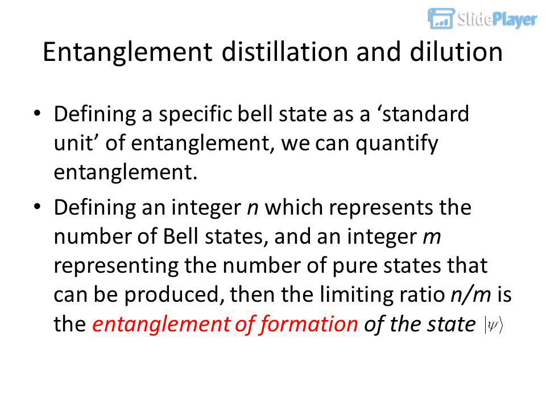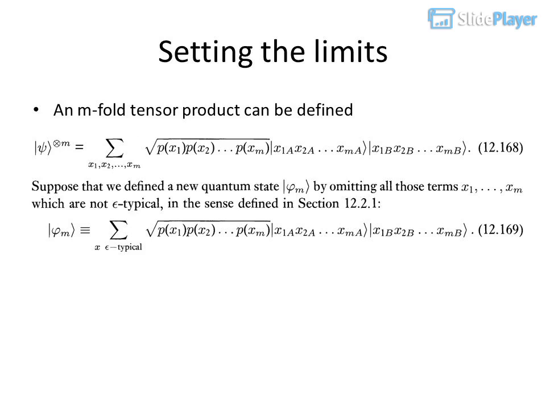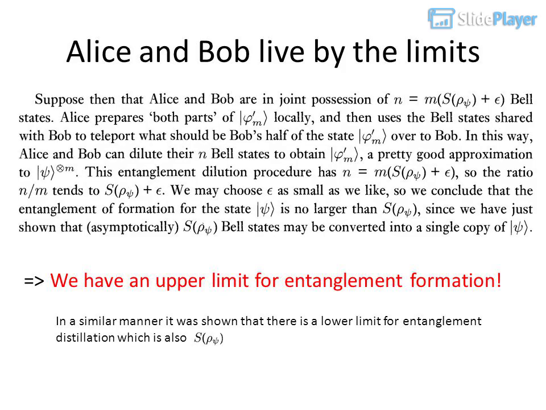Defining an integer n which represents the number of Bell states, and an integer m representing the number of pure states that can be produced, then the limiting ratio n/m is the entanglement of formation of the state. Setting the limits. Suppose an entangled state has a Schmidt decomposition. An m-fold tensor product can be defined. Alice and Bob live by the limits. We have an upper limit for entanglement formation. In a similar manner it was shown that there is a lower limit for entanglement distillation which is also